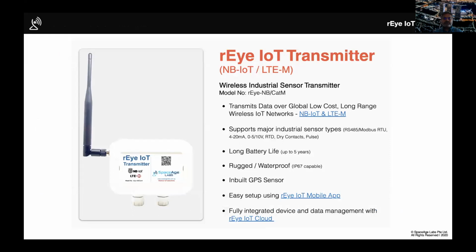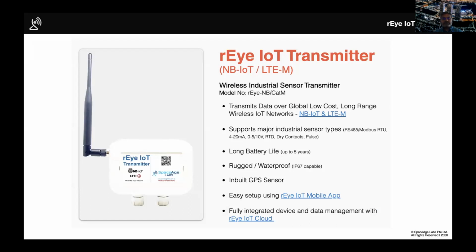So a little bit more about the hardware part to start with. We have a device called the rEye IoT Transmitter. It's an industrial sensor transmitter. How it works is you can connect different kinds of sensors to it, and then, of course, convert it into an NB-IoT LTE-M signal and transmit it. It has inbuilt batteries, which can last up to 5 years. Again, it depends on the use case.